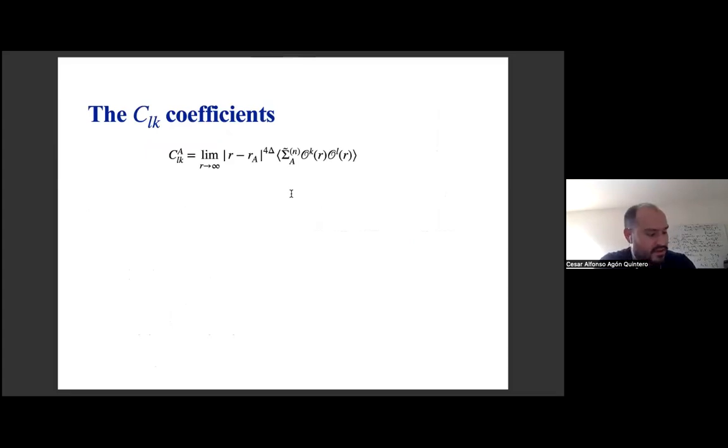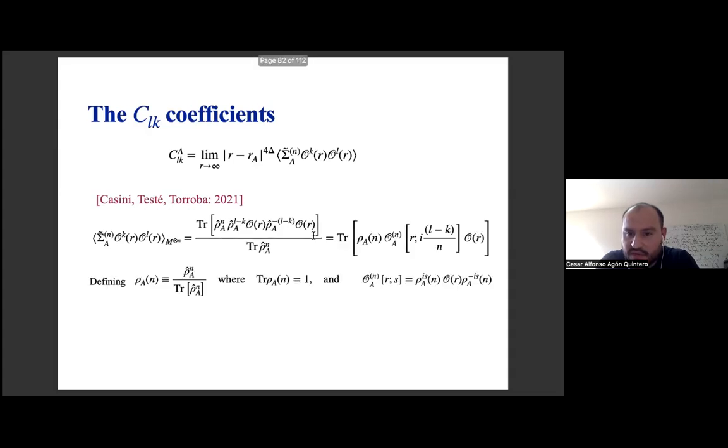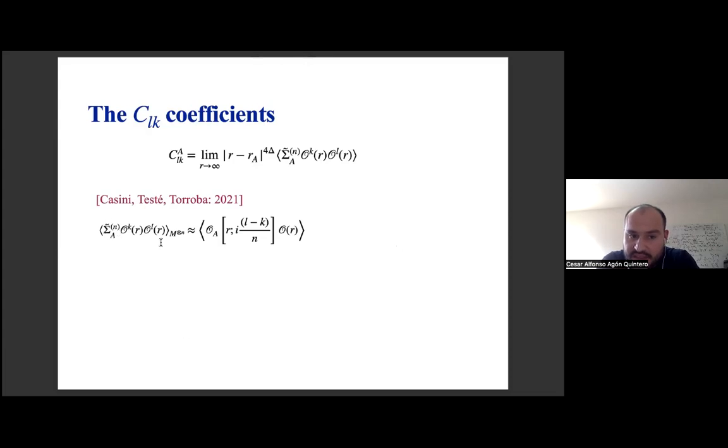Finally, and here I might have to go very quickly because I would like to go through holography. Yes, so maybe I can just show you the answer for the coefficients. There is a way to do this OPE coefficient explicitly. So let me just go quickly. We have this formula that was introduced by Casini, Testé and Torroba, and when you manipulate this formula a little bit and take the n going to 1 limit, then you end up having that this